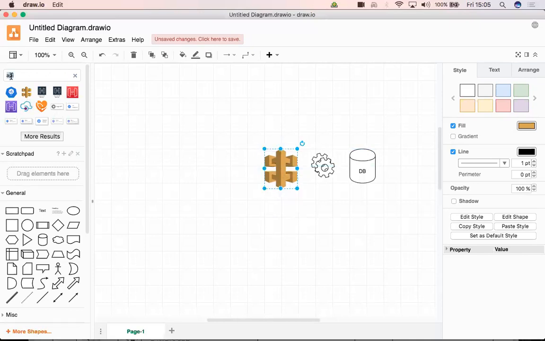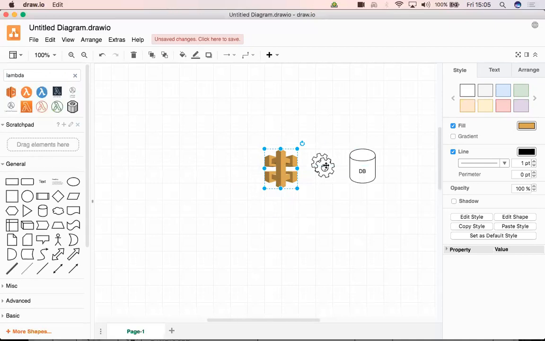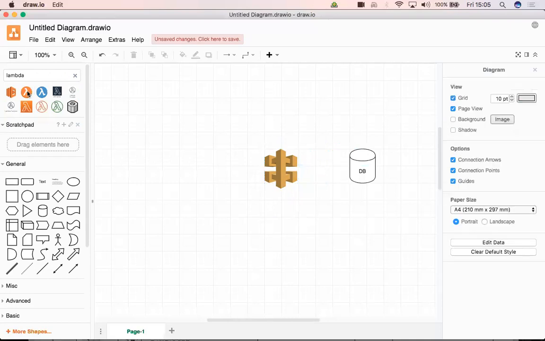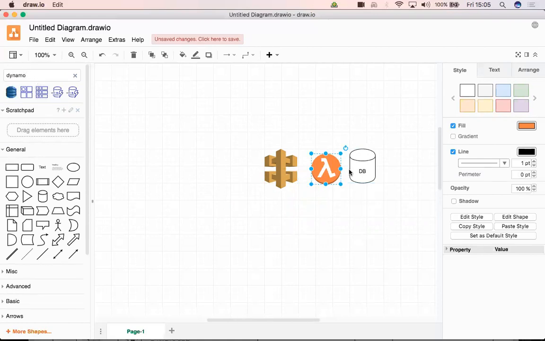For Lambda itself, they have a symbol. These symbols are very popular, that's why I'm replacing them.